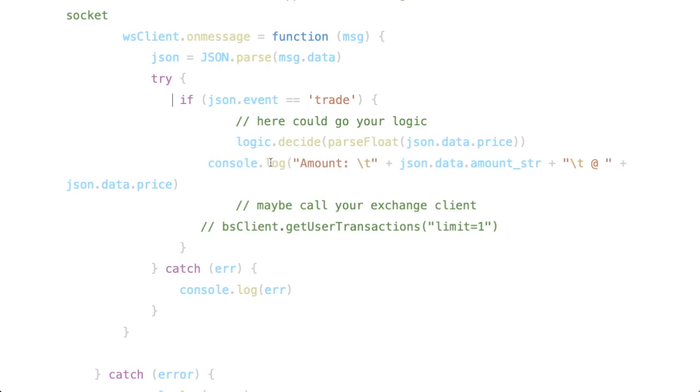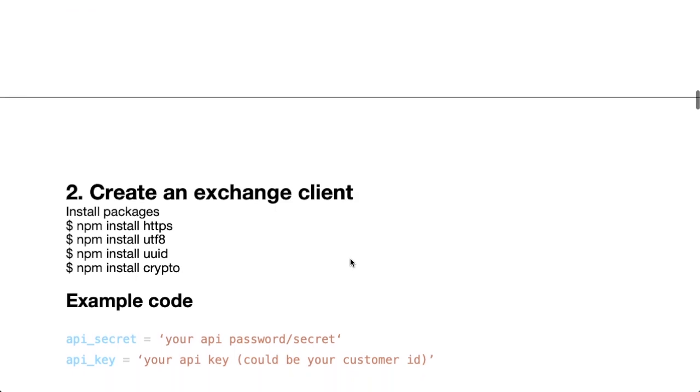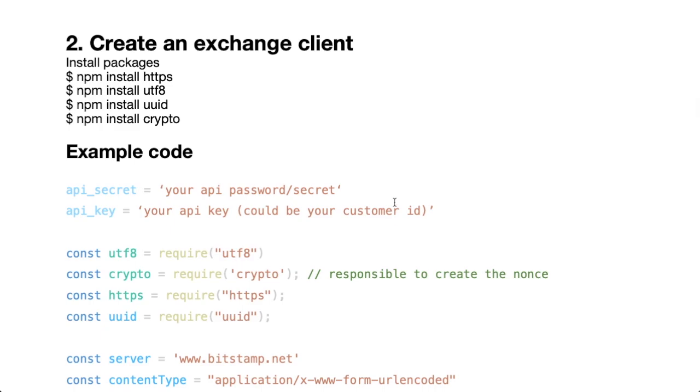In my example, I just do a log to the console with the amount and the price of the last trade. That's basically it for the WebSocket client. Now creating the Exchange client is a little bit more complicated. It's way more code due to the reason that